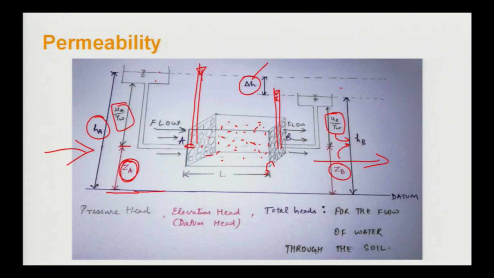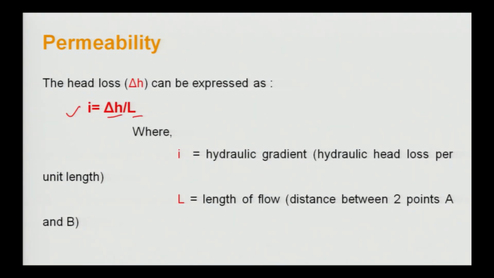In the previous slide, we noted that the length of flow which we are considering is L, this one. So in this length, what is the amount of change? That is this delta H here, which will be the change in the energy. Delta H denotes an energy portion. We are talking about energy in terms of head here. So the hydraulic gradient, that is hydraulic head loss per unit length, because hydraulic head loss is delta H and L is the length of flow. So I is equal to what? Delta H by L. L is the length of flow between the 2 points A and B, as we denoted in the figure.